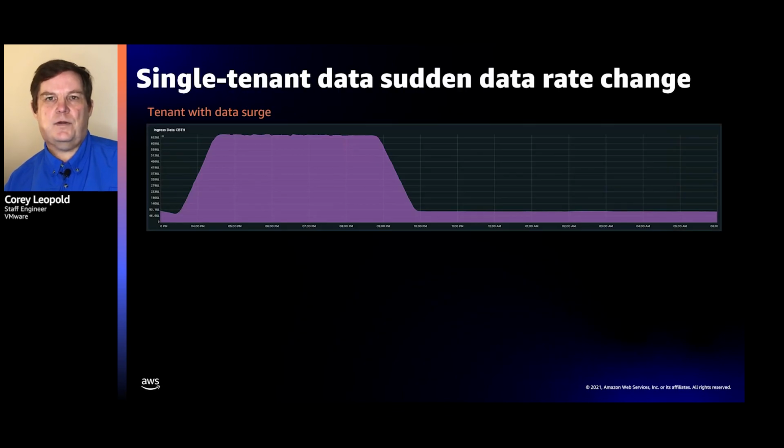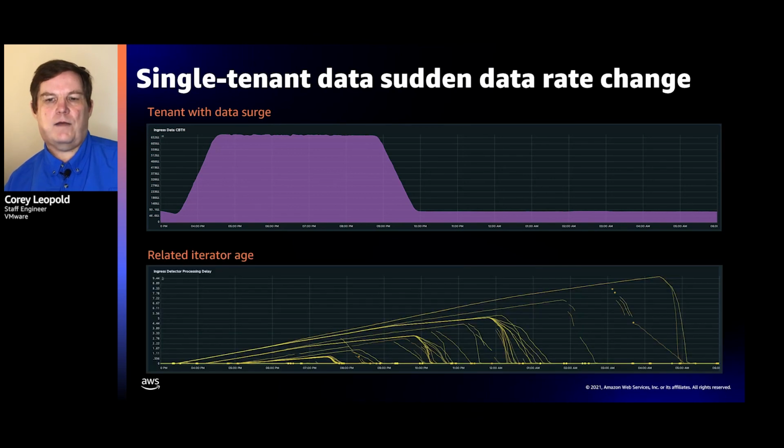Here we show an example of a tenant that had a significant data surge, at least 7x or so for a short period of time, in this case from about 3:30 p.m. until 10 p.m. or so. What happens is data starts to back up the shards and partition keys assigned to that customer, but only the shards and partition keys for that tenant are affected, keeping this surge from causing a systemic issue for all tenants.